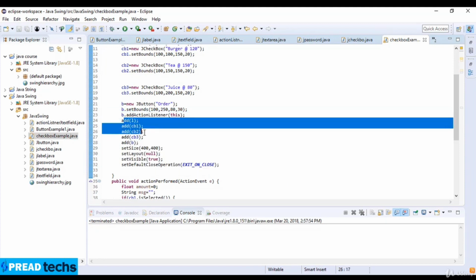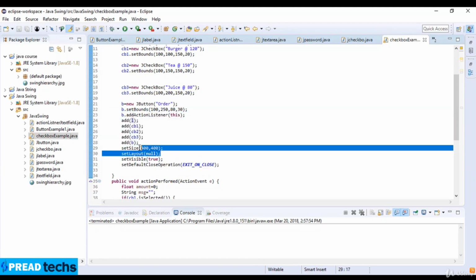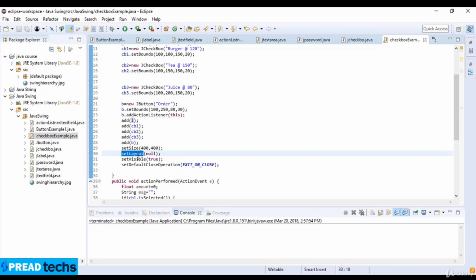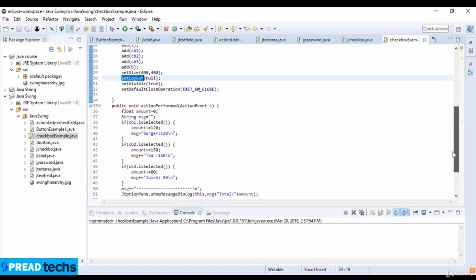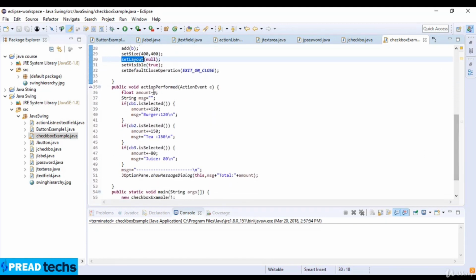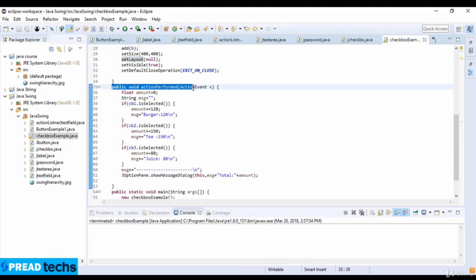Then I add all these values and set the size of the frame and layout which is null, and set visible which is true, and EXIT_ON_CLOSE in setDefaultCloseOperation, and then public void actionPerformed which is ActionEvent e,